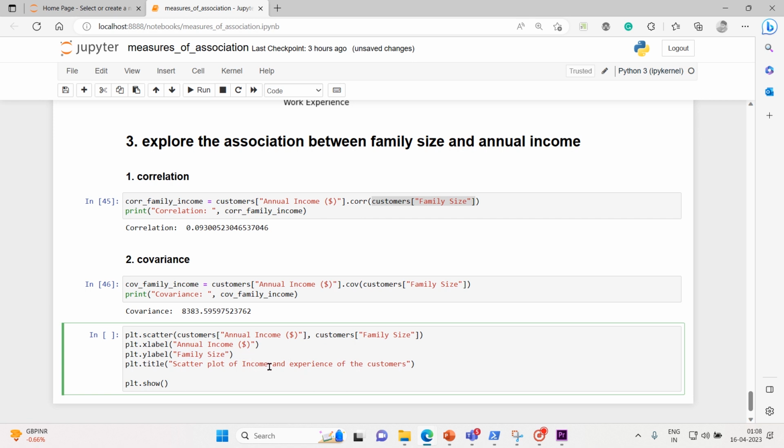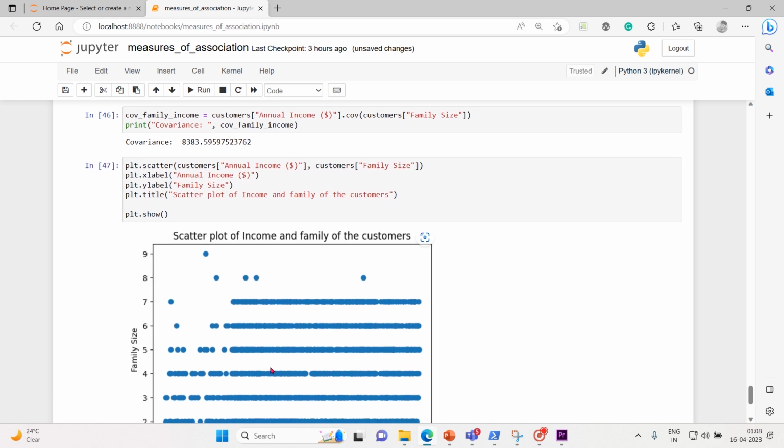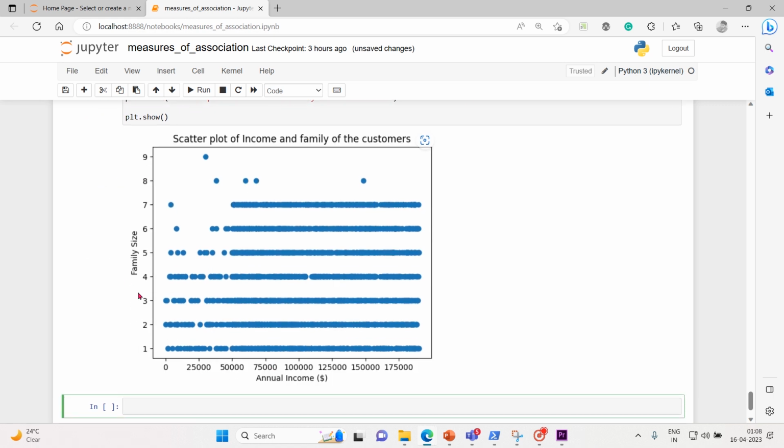So in between, plot of income and family. Got a similar one. Okay, so family size,